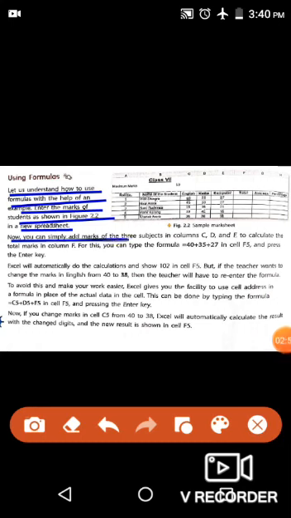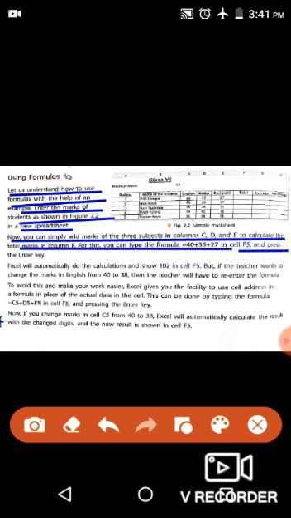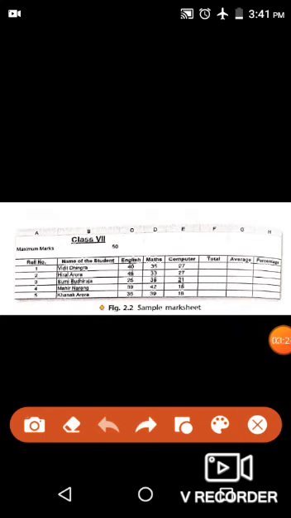Now, you can simply add marks of the three subjects in columns C, D and E to calculate the total marks in column F. For this, you can type the formula is equal to 40 plus 35 plus 27 in cell F5 and press the enter key. You can add any imaginary marks out of 50 in all these three subjects: English, maths and computer.